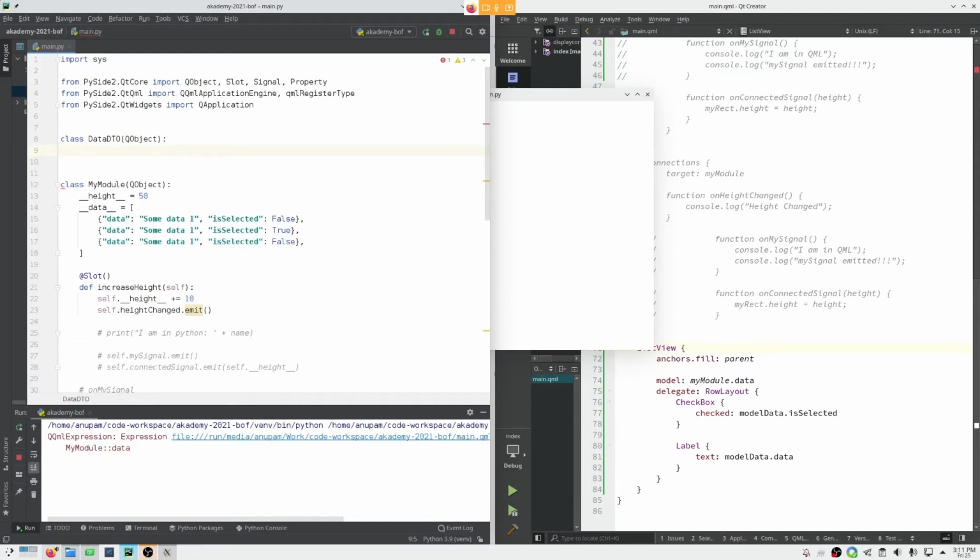I will define two private variables, expose those variables with properties, and here, instead of having dictionaries, I will have objects of this data class.